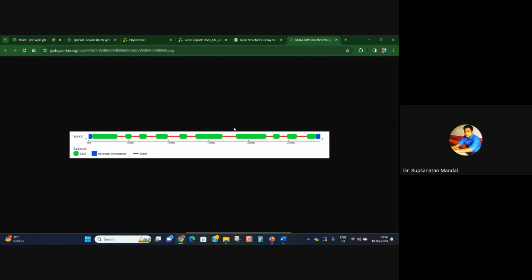If you want to amplify the whole gene, then you can design the primer from the first exon to another reverse primer from the last exon. Okay,